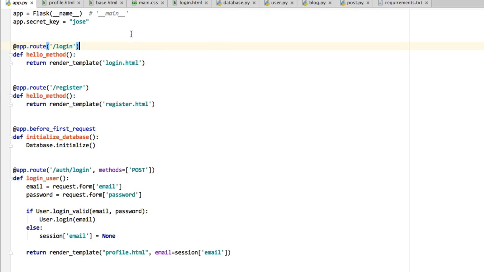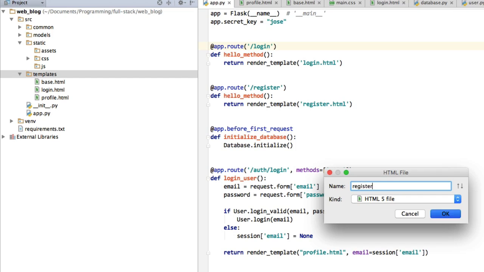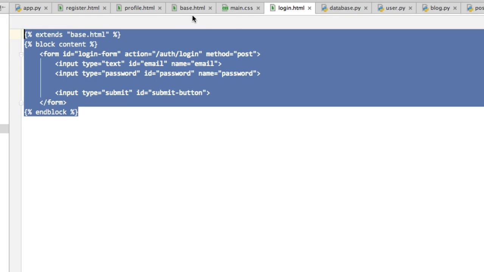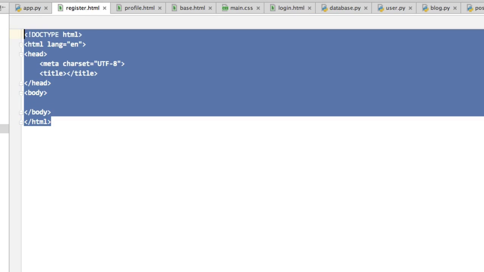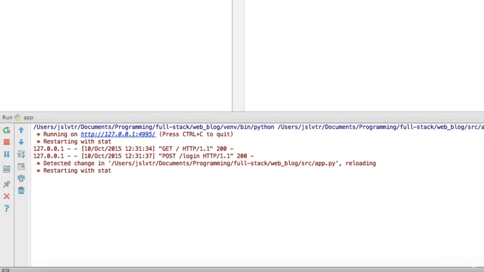Okay, so now we have to create the register template. We're going to go into our templates and create a new HTML file and call it register, and it's actually going to be extremely similar to the login form. Before we proceed, remember to change the action here to be the correct action. Okay, copy everything and go into register.html. From auth login, change it to auth register. From login form, change it to register form or another ID, and then the rest is fine. Okay, so if we save that,